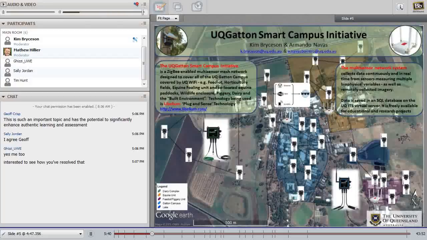You just plug them in, and they come ready to sense straight out of the factory. We've got them dotted around this campus, as you can see, in the various locations: the feedlot, the piggery, the dairy, the horticultural field, the equine foaling unit and co-located equine paddocks, our wildlife enclosure, which is for endangered native fauna, and of course the built environment, which is actually the campus, essentially all the buildings and the